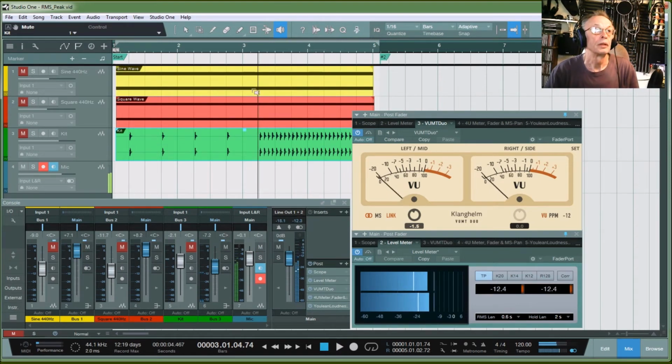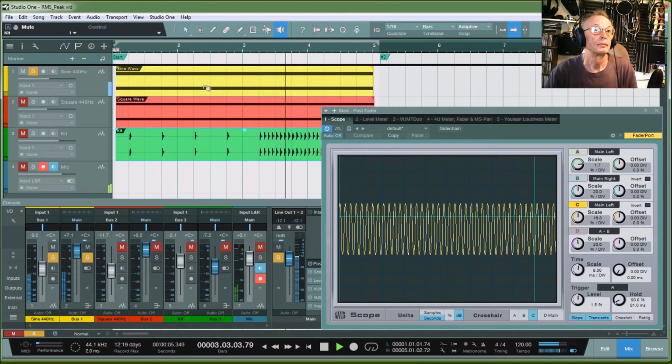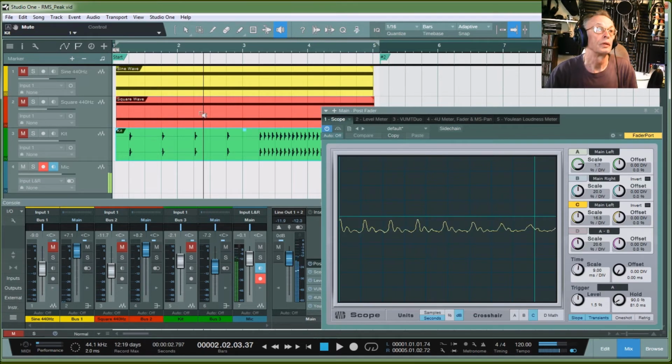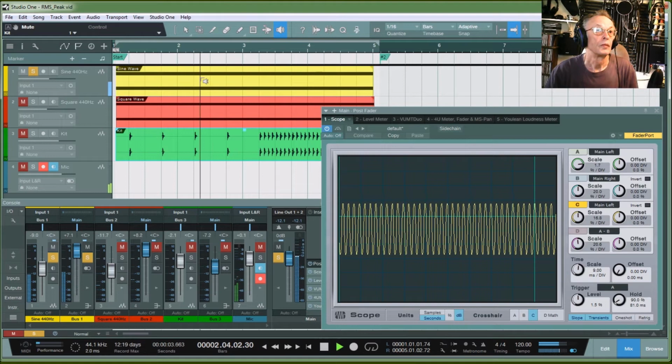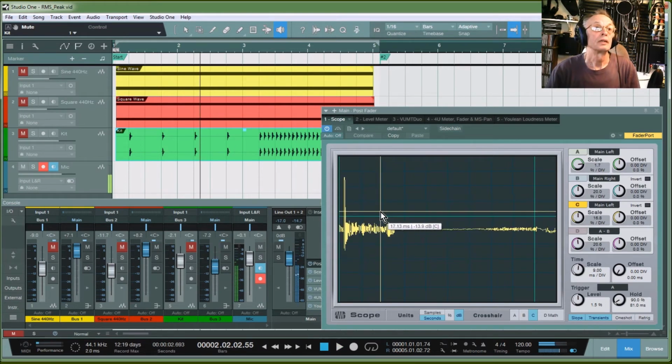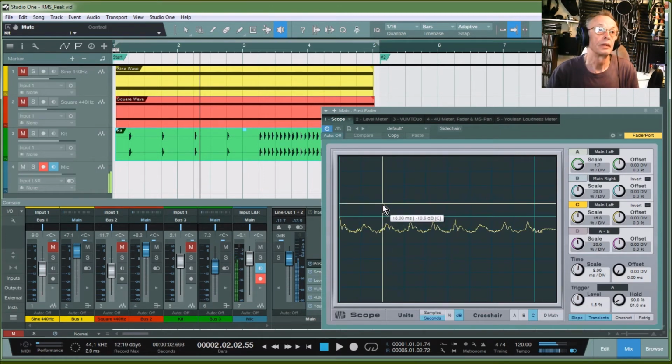And the first thing that becomes apparent is that the square wave sounds actually louder. But if we look at the waveform, compare it to a sine wave, its peak level is actually lower. The reason for it sounding louder is because it has more energy, because it's switching almost instantaneously from one set